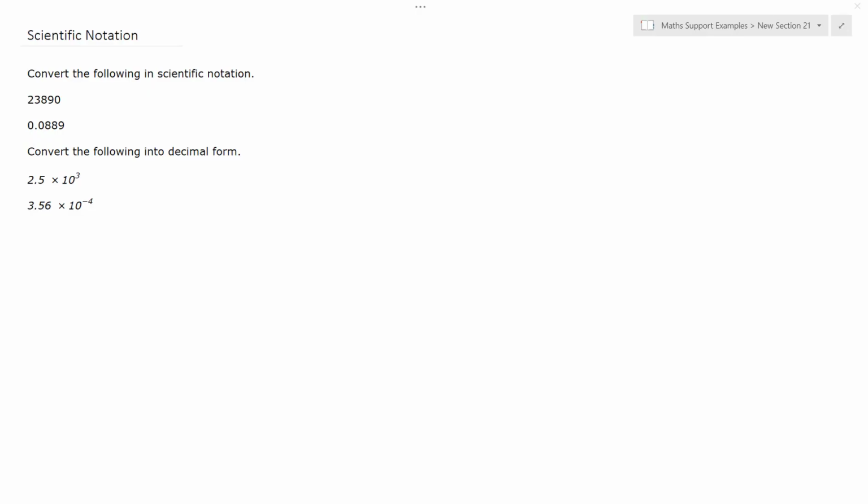In this example, we're looking at scientific notation. The first part of the example asks us to take decimals and convert them into scientific notation, and in the second part we've been asked to take scientific notation and write it in decimal form. Let's start off with